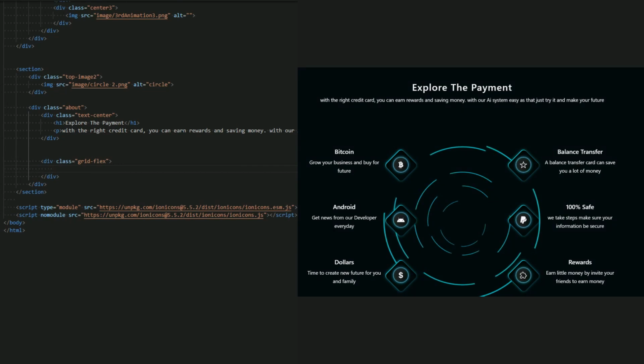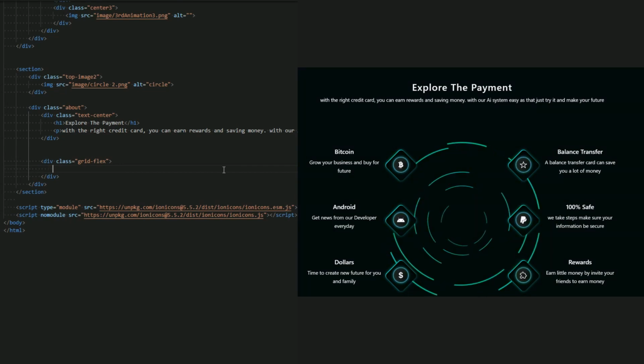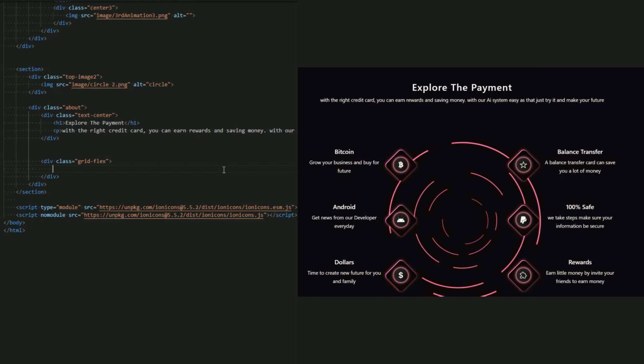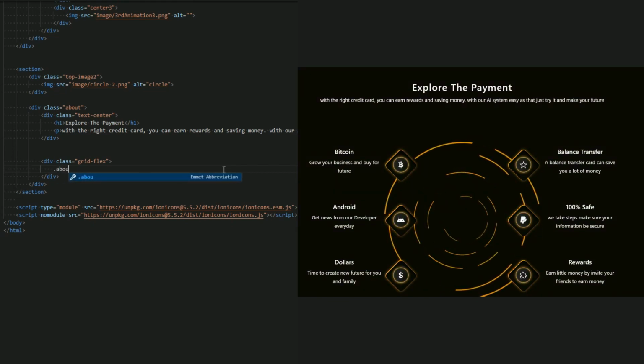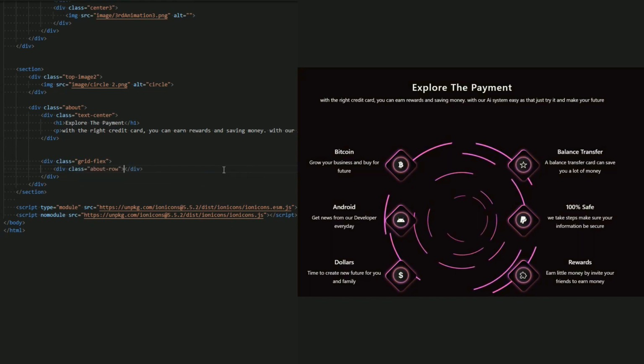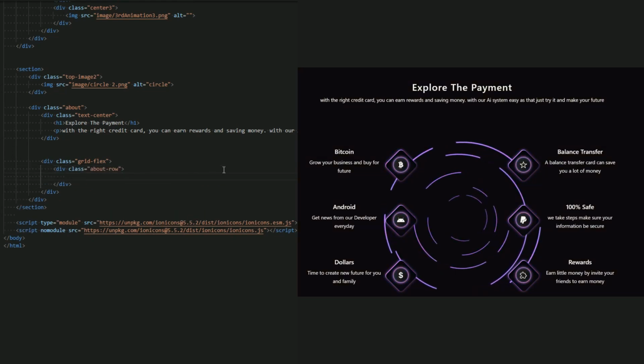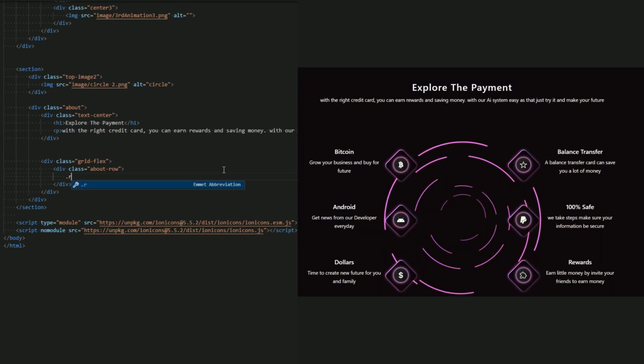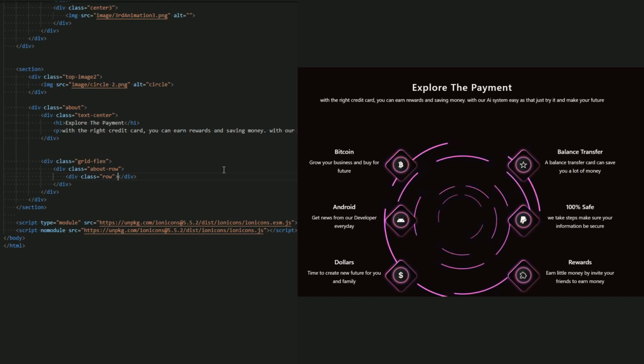Okay, guys, now inside the grid flex, let me create an about row for these 3 boxes, as you can see, to add flex direction column so that they go on the next line, as you can see here, for this text and this icon. So about row, and now create a box for this text and this icon. Simple as that. Just create a row for this text and for this icon.